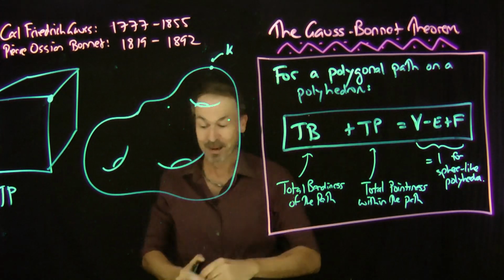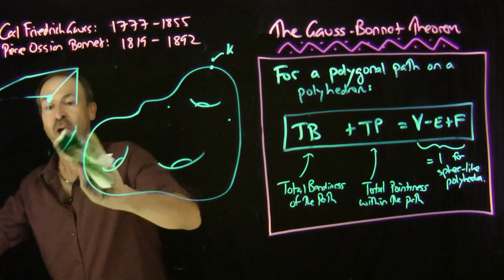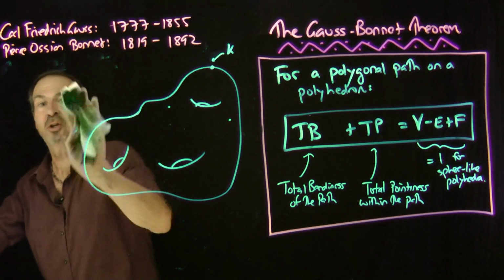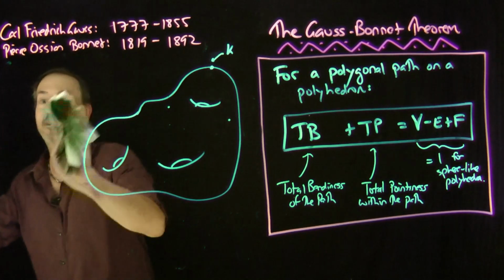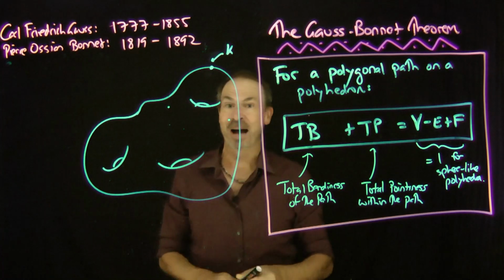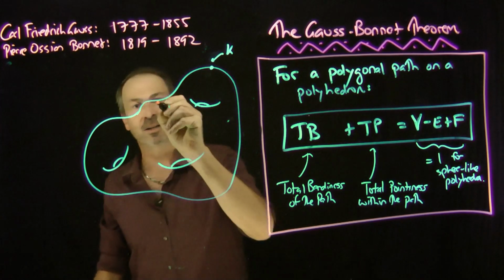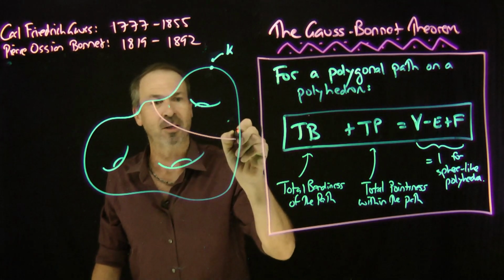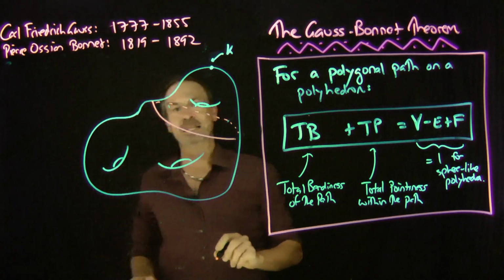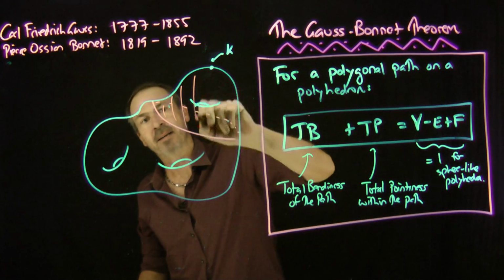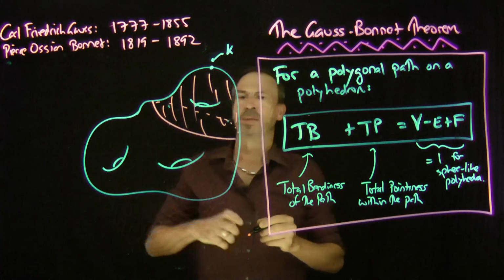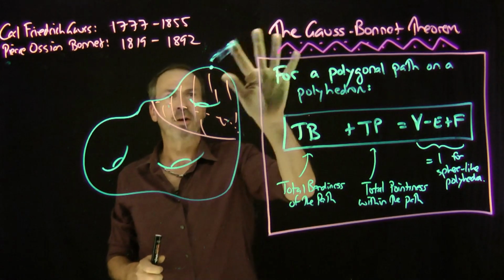Great. But we're not talking about the total curvature of the whole surface, we're actually talking about total curvature within a region defined by a path. So now let me draw a path on this surface. Here it goes, I'll draw this path. And it goes back behind maybe. Great. And I'm going to consider this part the inside. Oh, there's a hole there, there's a hole there. All right, okay,